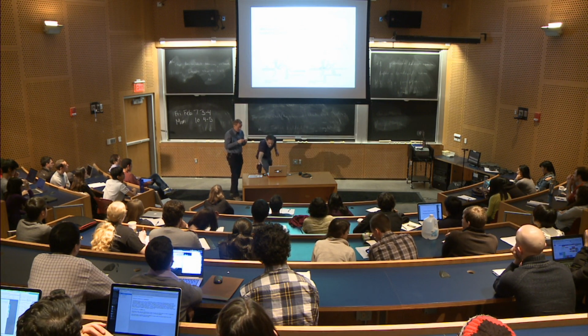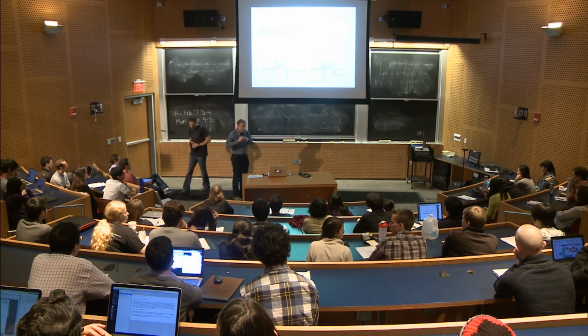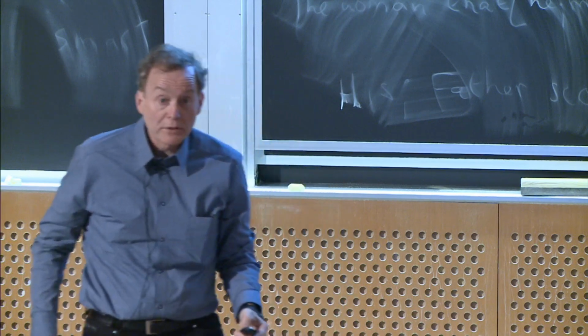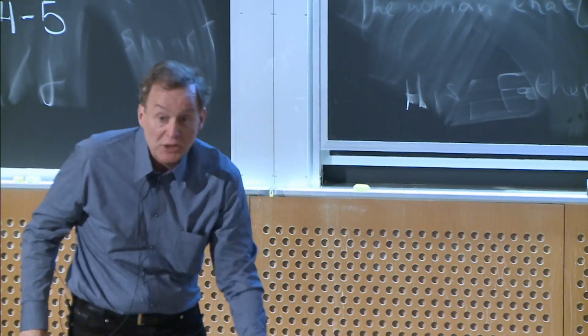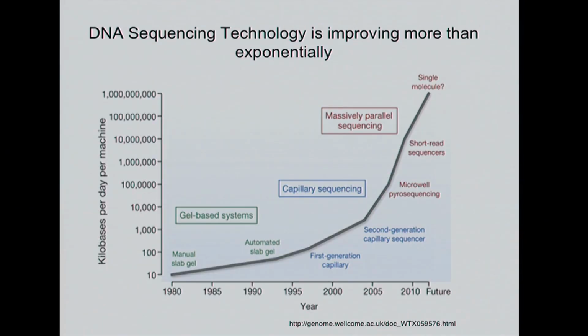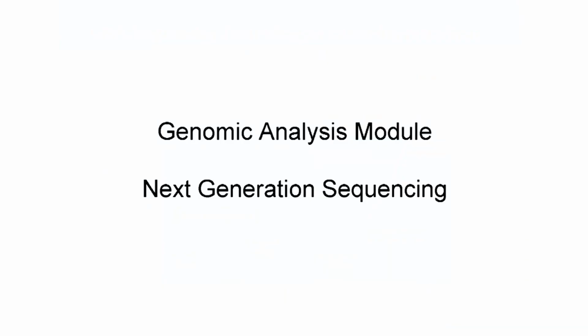Thanks very much, Chris. Right, so I'm David Gifford, and I'm delighted to be here. It's really a wonderfully exciting time in computational biology, and one of the reasons it's so exciting is shown on this slide, which is the production of DNA-based sequence per instrument over time. And as you can see, it's just amazingly more efficient as time goes forward. And if you think about the reciprocal of this curve, the cost per base is basically becoming extraordinarily low.